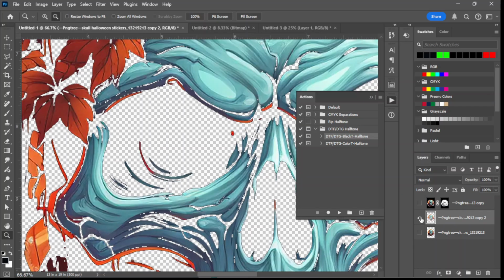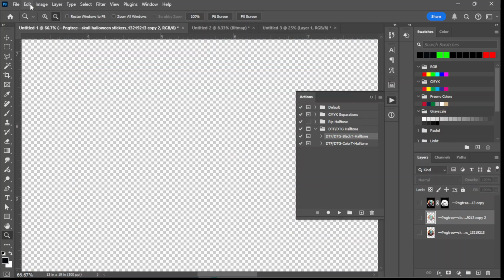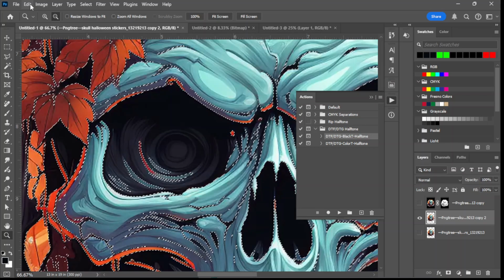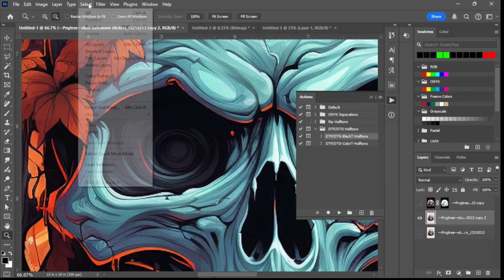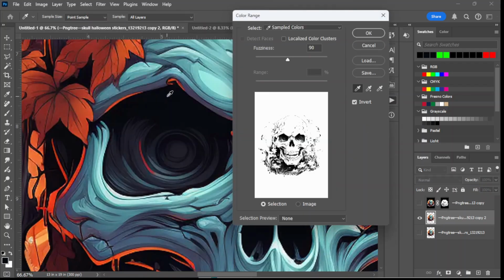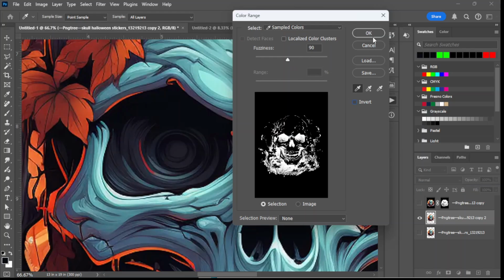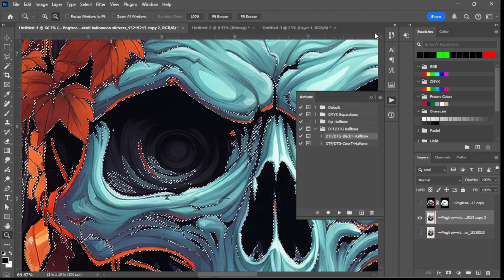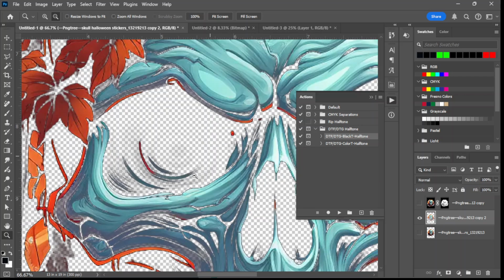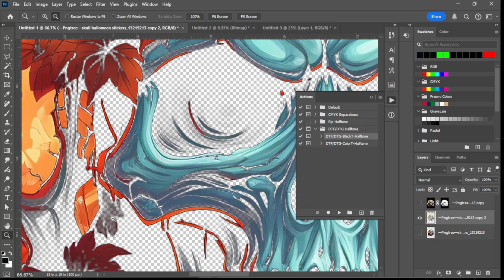Yeah, that won't work. Also, another way you can do it, let me undo this real quick. You select color range, select the black, make how much you want. Uncheck this, click OK, and delete. But now this comes with another issue where your design is kind of semi-transparent, and in DTF